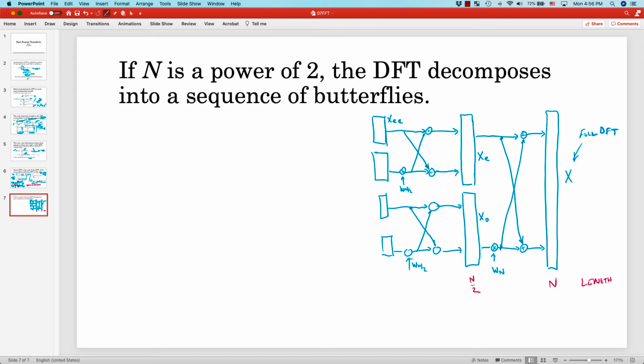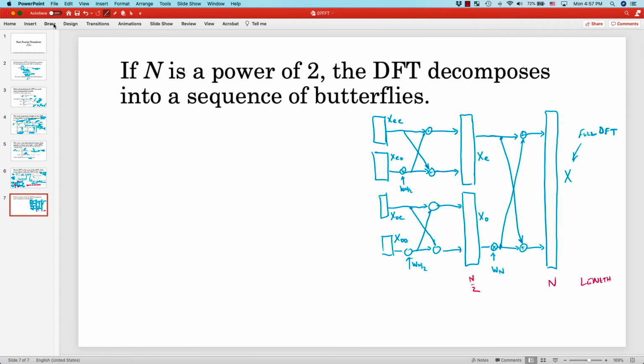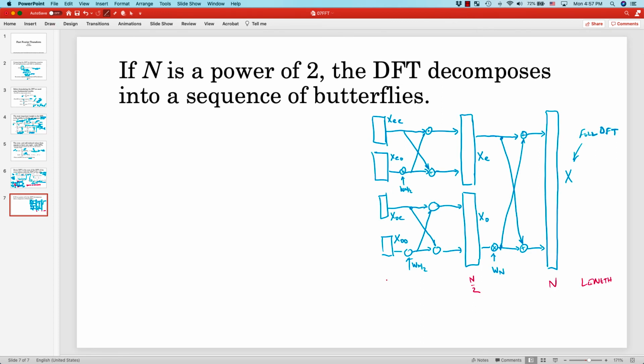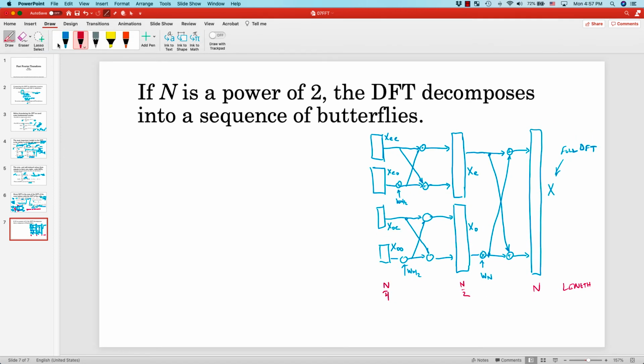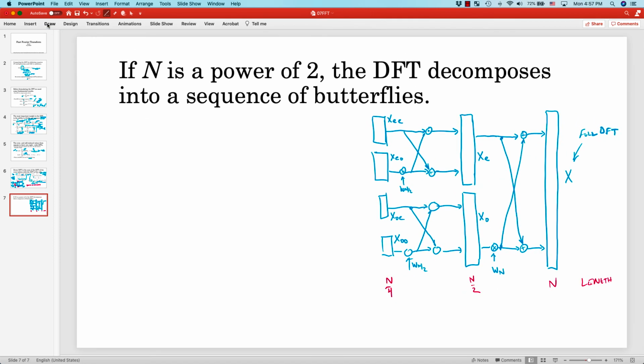XEE, so the even part of the even part, XEO, the odd part of the even part, XOE, the even part of the odd part, and XOO, the odd part of the odd part. Okay, so we have now dropped our length to n over 4, and by now I think you see the pattern, so I'm actually going to dot this until we get to